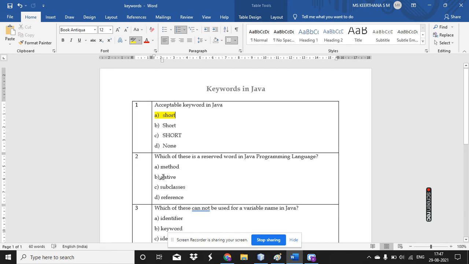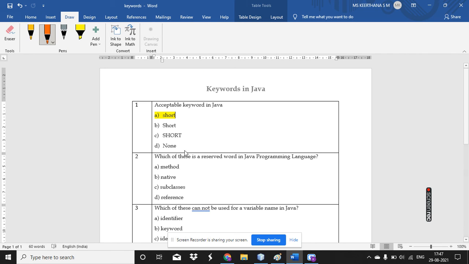starting with small s. And the second one: which of these is a reserved word in Java programming language? So here, I hope everyone is familiar with all these words: method, native, subclasses, and reference. So method is not a reserved word. It is the name used for defining some behavior inside your class. And native is a keyword or a reserved word.